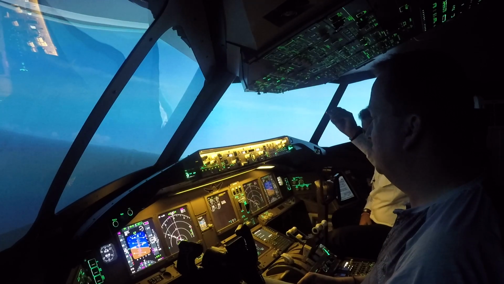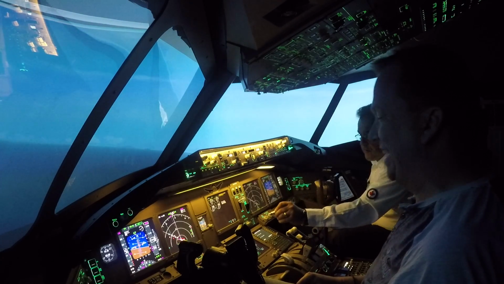So the airport is right over there. Oh my goodness. We are right